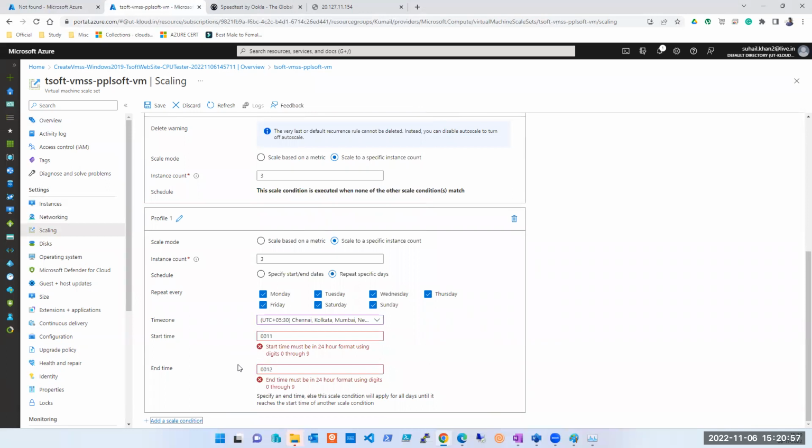Railway, IRCTC, Tatkal, where you know there is a specific time that every day from 11 to whatever the format is, we can follow that. I think this is the format needed. Start time must be in 24 hours using the digits 0 to 9.